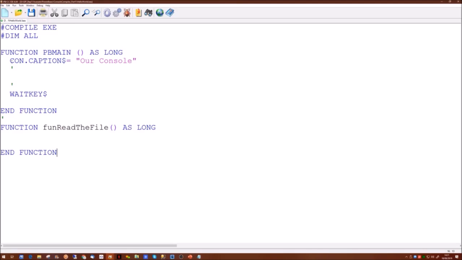It will return a value, which can be a long variable, an integer, a string, or a number of other things as well. But a subroutine is something you call with parameters, but it doesn't actually return a value. So in this one here, we're going to call our function from up here.